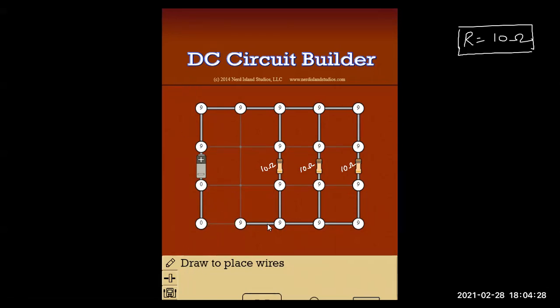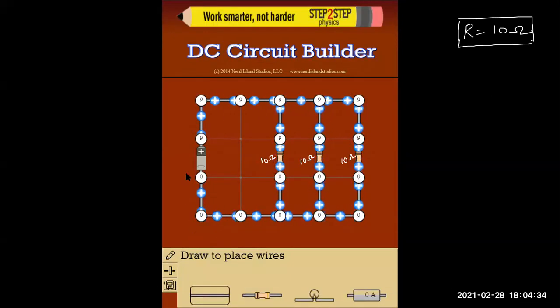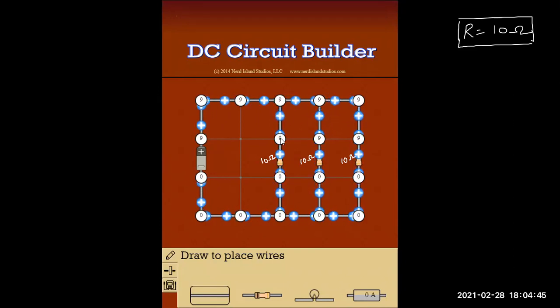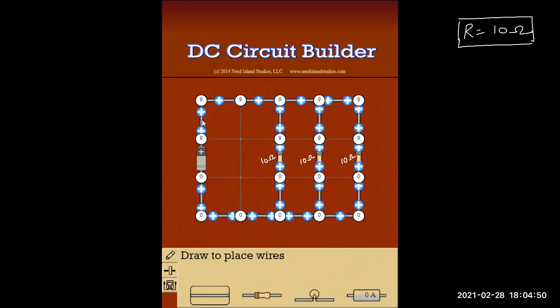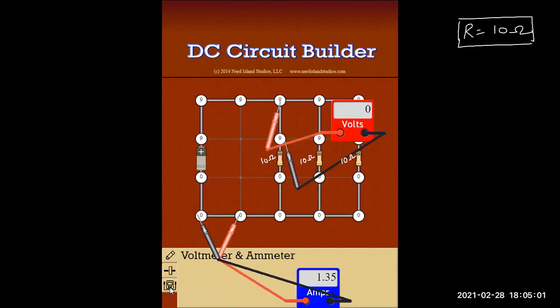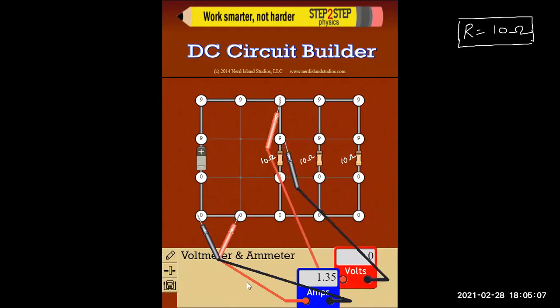So you can see how current is flowing from a high potential point to a low potential point. You're seeing this, from 9 to 0 it is flowing. Focus on the resistors first. Take 9 to 0. Current is flowing from 9 to 0 like that. Suppose I want to measure how much current is flowing in the circuit.